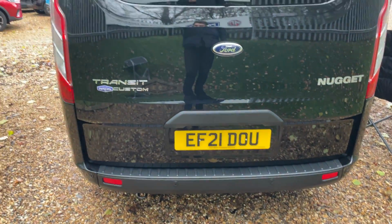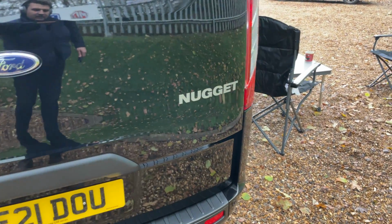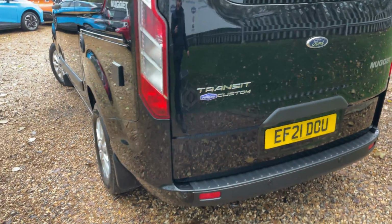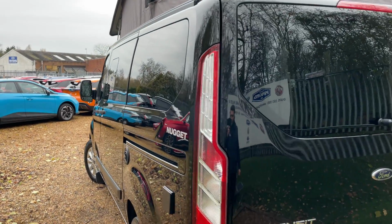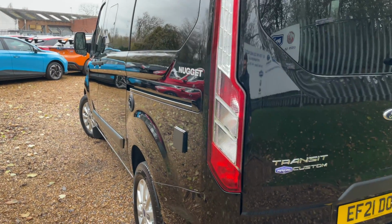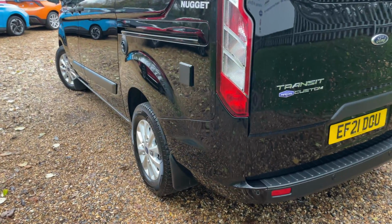Taking a step back, we have Transit Custom badging to the left hand side with beautiful Nugget badging to the right, giving the near side the exact same treatment. I'm going to start nice and high and just gently rock the camera back and forth, showing you the beauty of the body panels. As you can see on the left hand, so near side of the vehicle, we have